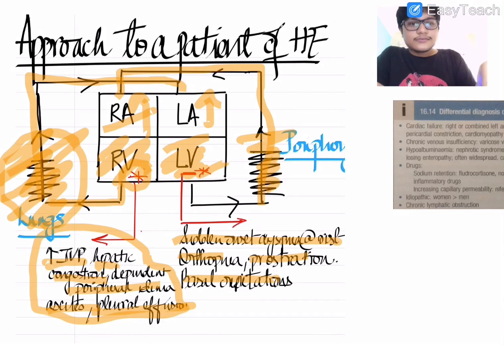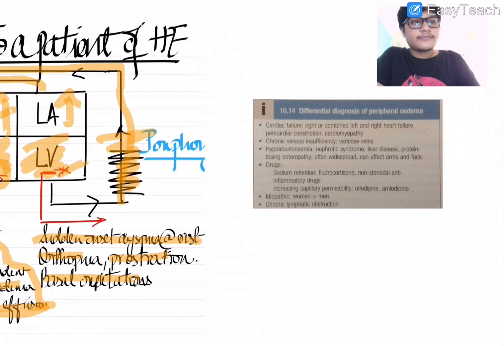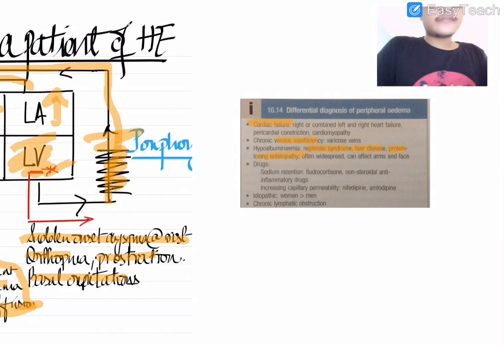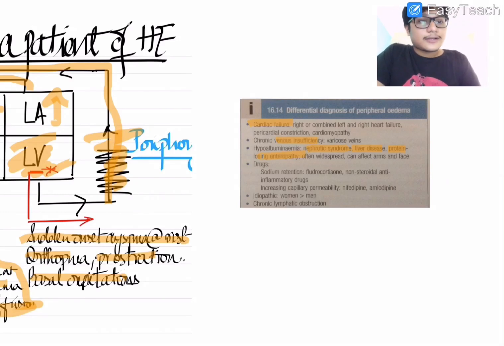And over here, since we brought up the topic of peripheral edema, we need to know what are the differential diagnoses of peripheral edema. So the first we have discussed, that is cardiac failure. Now there might be venous insufficiency, or there might be liver cirrhosis, nephrotic syndrome, there might be protein losing enteropathy. All of this might cause the features of ascites and peripheral edema. It might often lead to pleural effusion as well, which will lead to dyspnea, and the patient will often present in the same way to the emergency department.